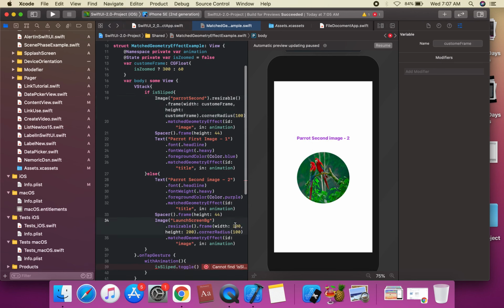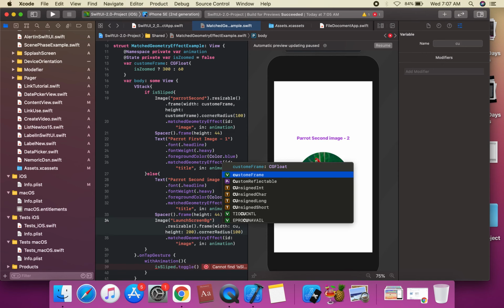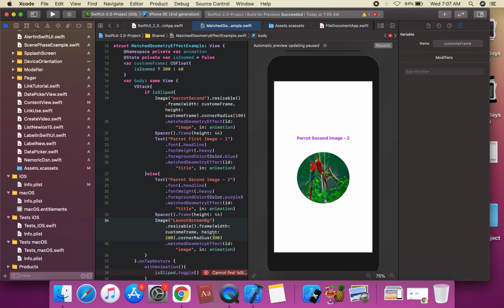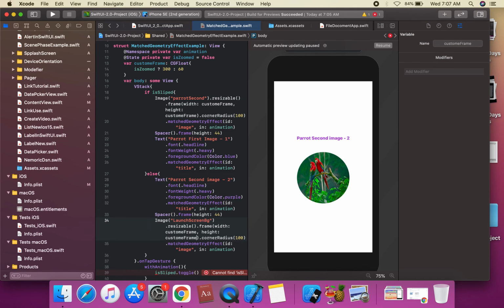We're gonna apply on this custom frame, and we're gonna apply on this custom frame, okay. We're gonna apply on this frame, and we're gonna modify your code. Suppose we modify your code vstack.